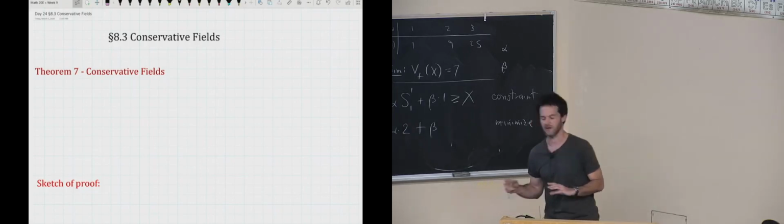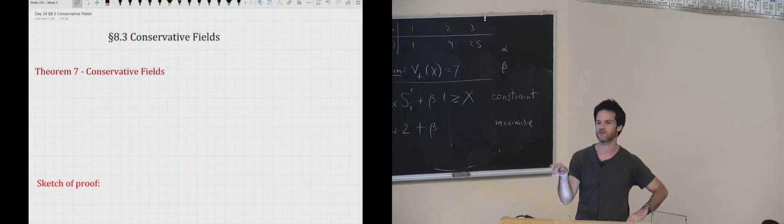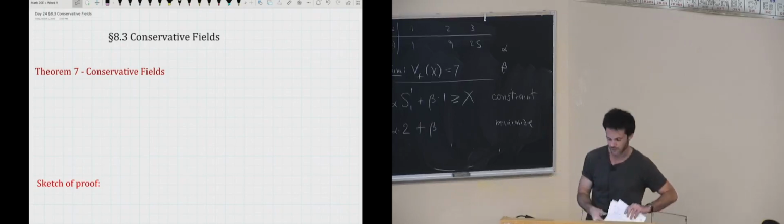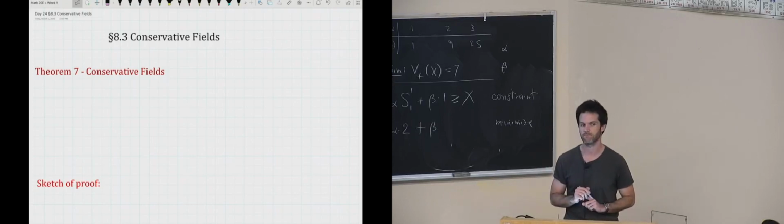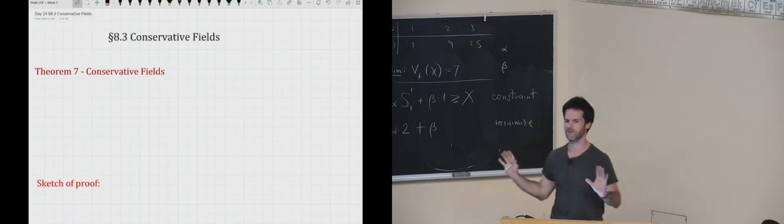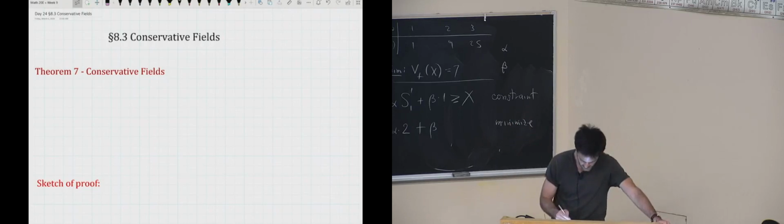Almost everything in here is going to be review, except we can apply Stokes' theorem to get one additional conclusion, which is going to be summarized in Theorem 7, which are 4 equivalent notions of what it means to be a conservative vector field. So let F be a C1 vector field